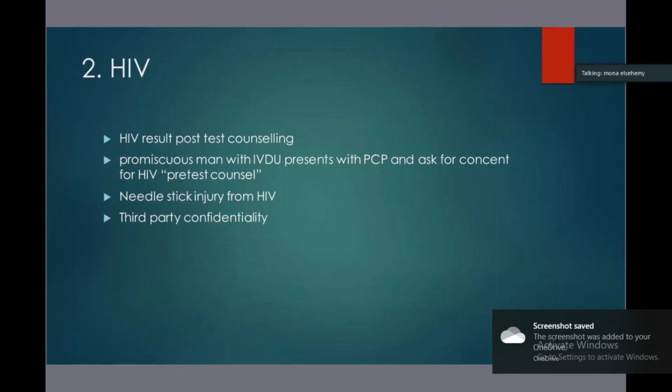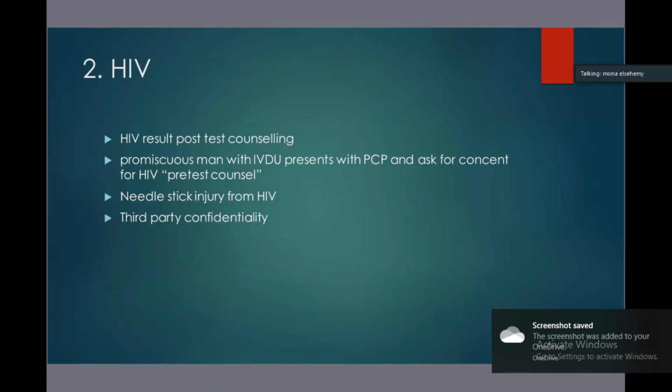Now moving to the management plan, I'm going to refer you to either the STD or infectious disease control clinic. You have to avoid risky behavior, avoid sharing needles, tattooing, unprotected casual relations, and donating blood. And on the other hand, you have to inform some persons, like your wife or your husband, partner, whatever, your GP. If you are going to do any surgery or dental procedure, you have to inform your doctor.